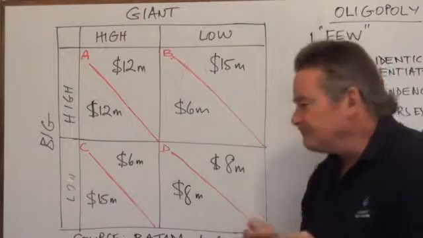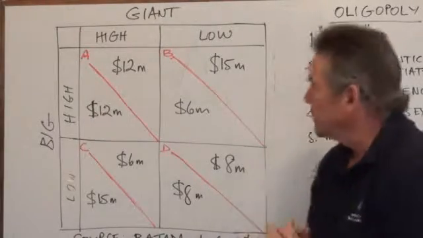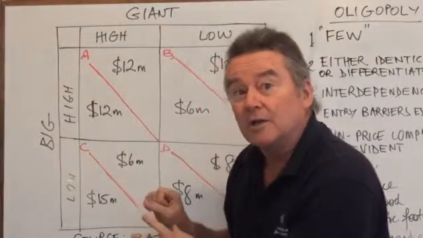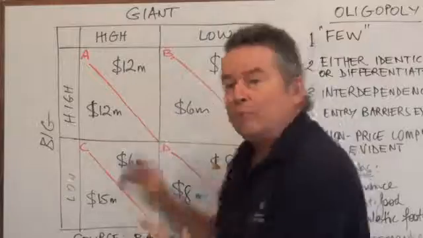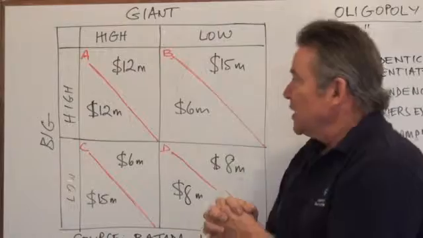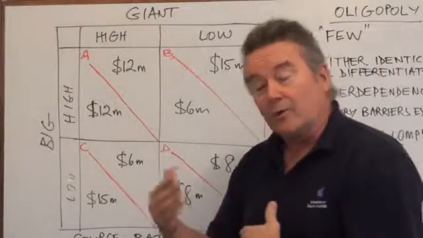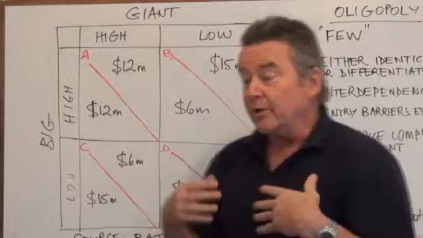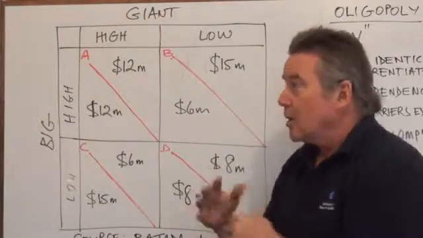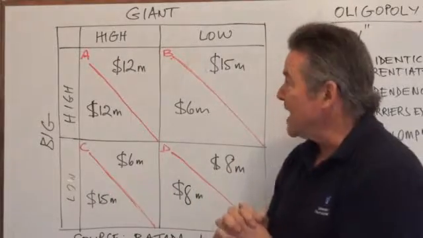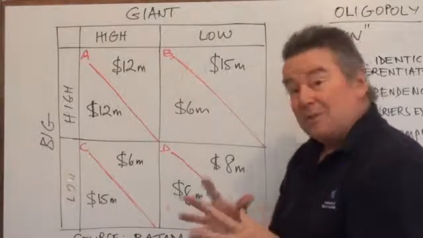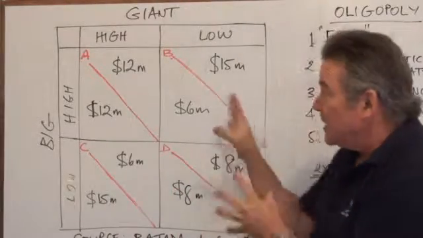Now, let's come back here for 1 second. What if they did something illegal, naughty? Nudge, nudge, wink, wink. Let's both charge a higher price. This would be called collusion. It's a breach of the Trade Practices Act in Australia. It's the sort of thing that attracts the interest of what we call the consumer watchdog. In Australia, that's our ACCC, the Australian Competition and Consumer Commission, and most Western countries will have a government arm that does exactly that, namely monitor the potentially anti-competitive behaviour of big companies like this.